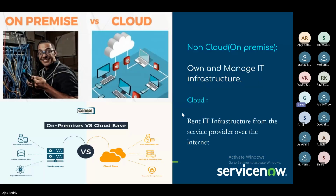Simply hosted on remote servers where you just have access to the application or the services of the platform, right? Yeah, so that's what cloud is. Someone is hosting the whole platform infrastructure and everything, and you are just utilizing the services over the web. Yeah, that's perfect. So generally, guys, coming to cloud, in the olden days, generally, if a company